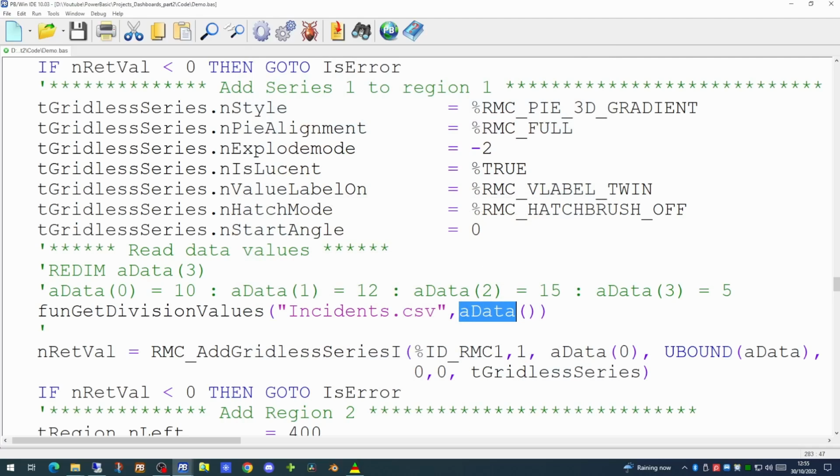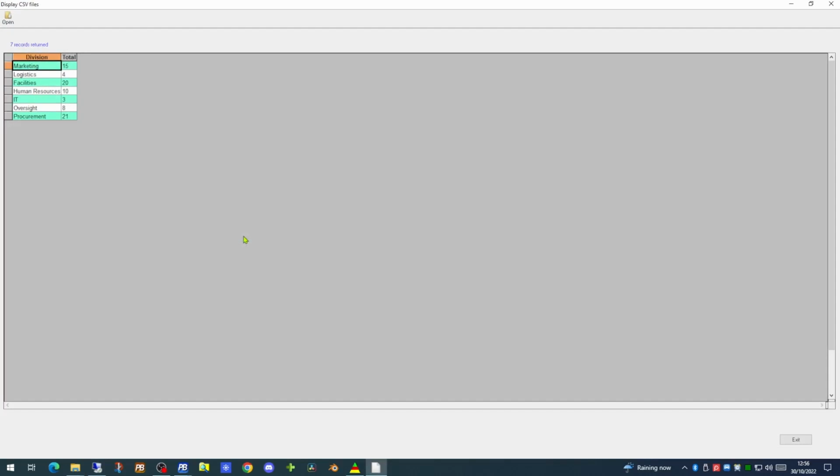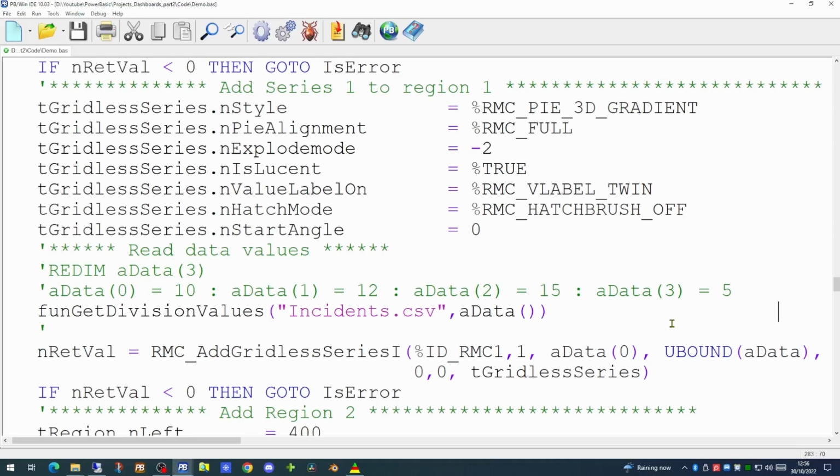We're going to do for it what we did for the incidents. I've created a file called request.csv, and as before, this will contain much the same kind of information, a list of divisions and a list of values. We can then use the same 2 functions we used before to populate the information on its pie chart.